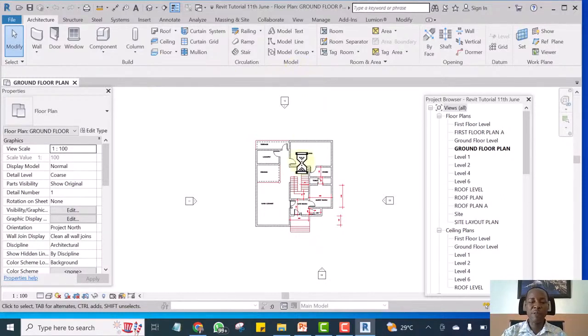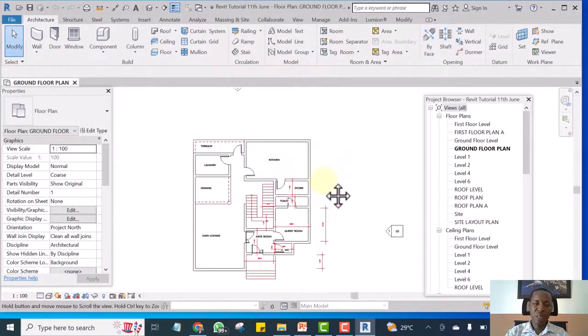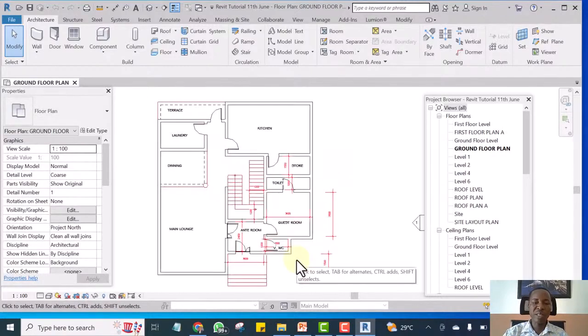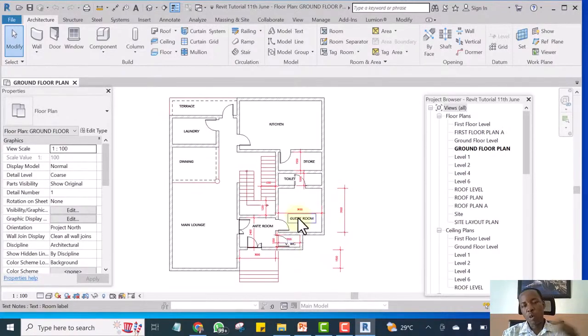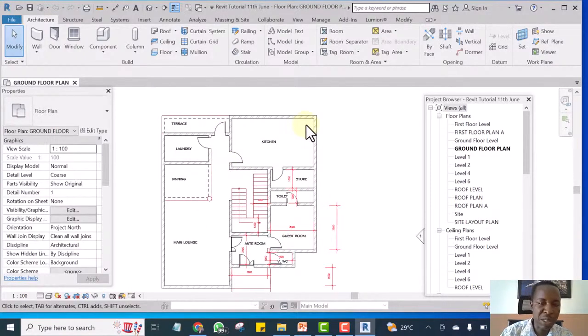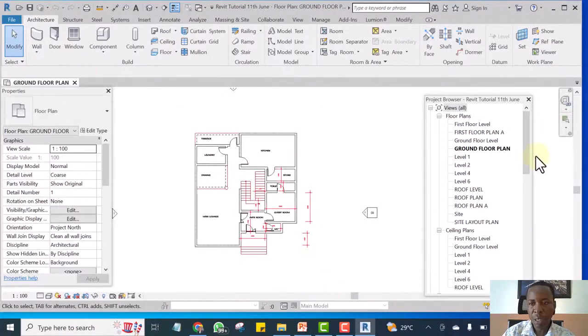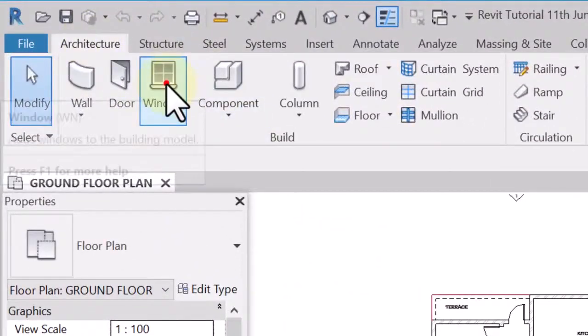Alright, now we have opened our Revit, and this is one of the projects we did in the past in one of our live training. And today I want to see how we can place windows in this project. This is the ground floor plan, and right now I am on ground floor. So to place my window, there are several ways I can go around it. I can go to Architecture tab, select window,